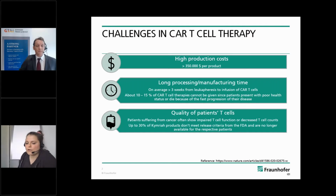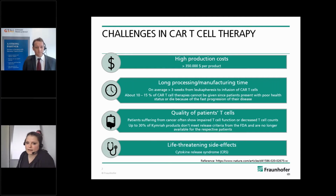Since it is an autologous cell transplantation, the quality of the patient T cells is quite challenging at some point, because they are suffering from cancer and often show impaired T cell function or decreased T cell counts, which is also challenging in terms of production. And up to 30% of Kymriah products don't meet the release criteria from the FDA, which is the Food and Drug Administration from the US, and are no longer available then for the respective patients. Yeah, and the last note, and really important, is that CAR T cell therapy is associated with life-threatening side effects, namely cytokine release syndrome, but also neurotoxicity. So all these challenges are there, and